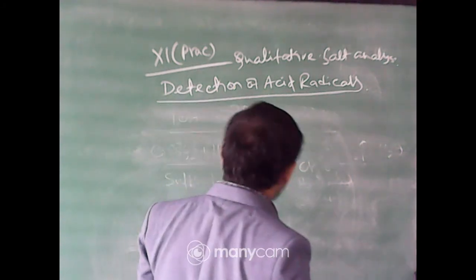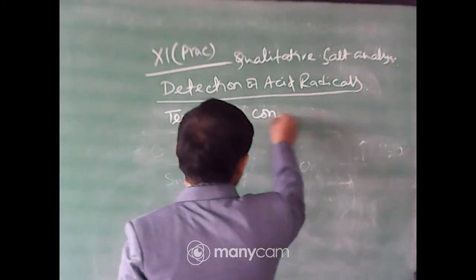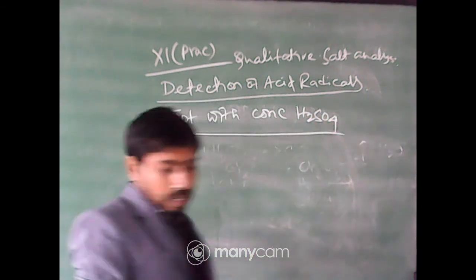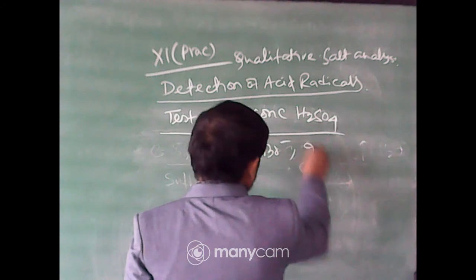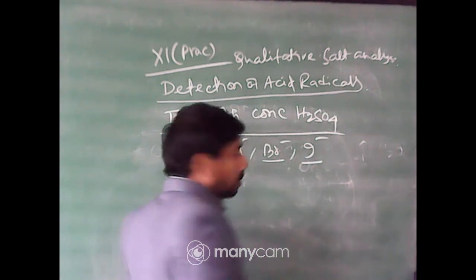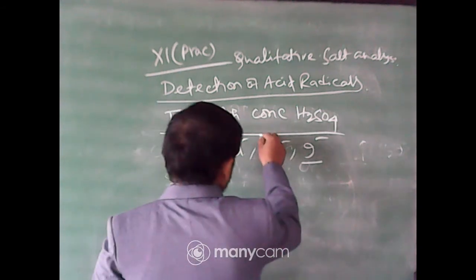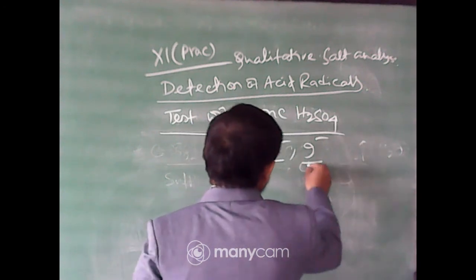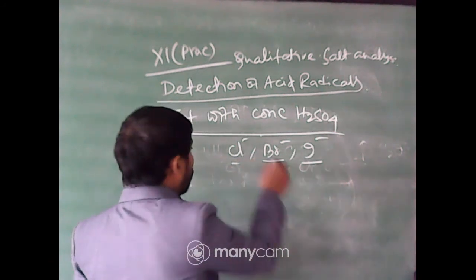But in case of the test with concentrated H2SO4, here the halides are found. Now for halides, that is chloride, bromide, iodide, basically these three. But as the bromine vapor is very poisonous to us, this is generally not given in your examination. And iodine sample is also very valuable. So chlorine, bromine and iodine.